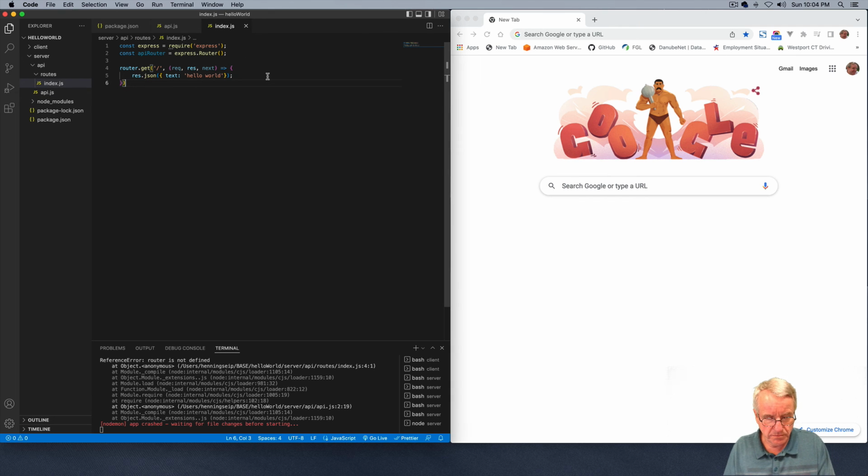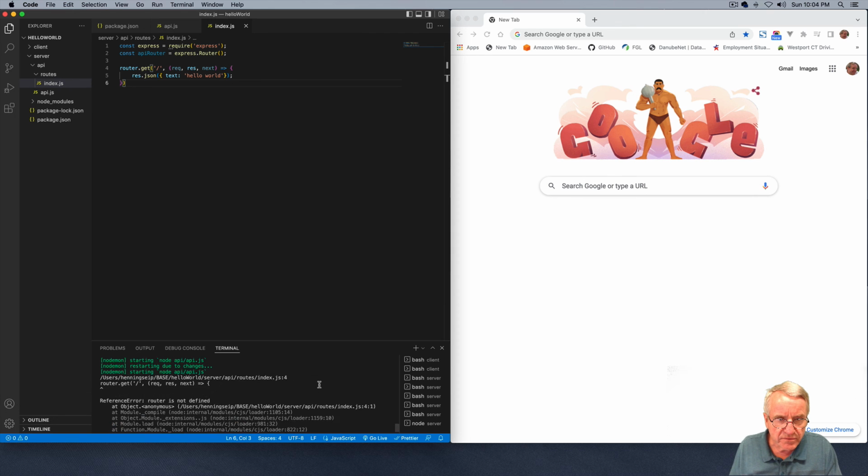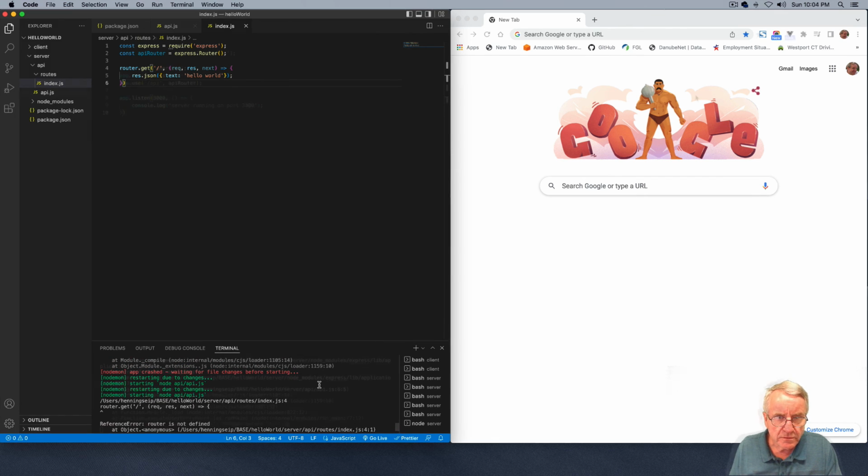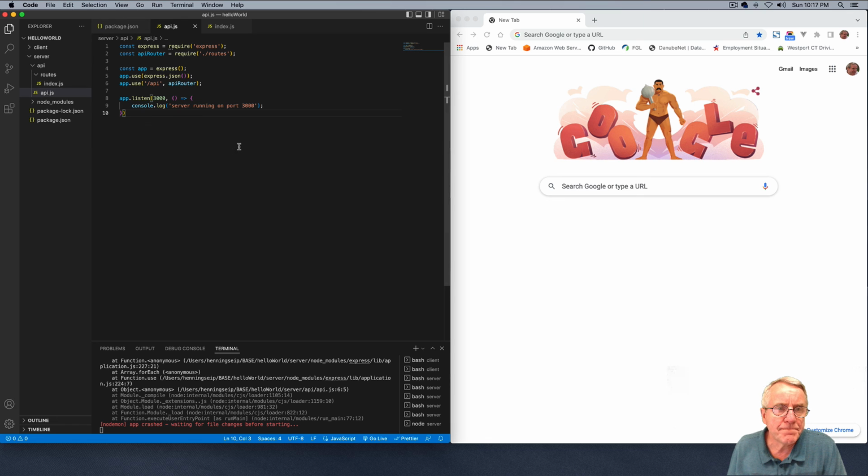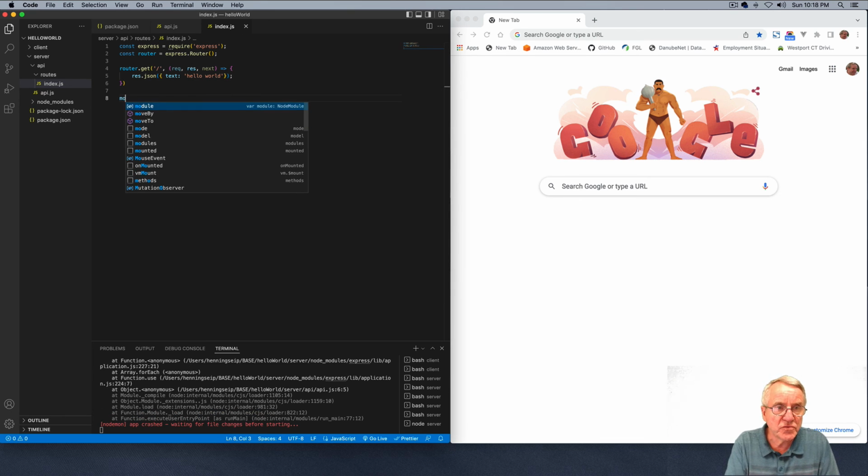So now we have a bug here somewhere. So about the bug. Here I'm in my API.js. I have this bug down here, and what I forgot in my route index.js is that I need to export this. So I need to say module exports equals router,